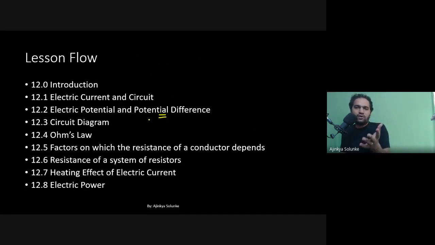Okay. So what kind of device do we use to measure this? If this is a physical quantity, we must have some kind of device to measure it. So as we have an ammeter for current, we have a voltmeter for potential difference, right? Very simple logic. Okay, now with this in mind, we have a voltmeter to measure potential difference.